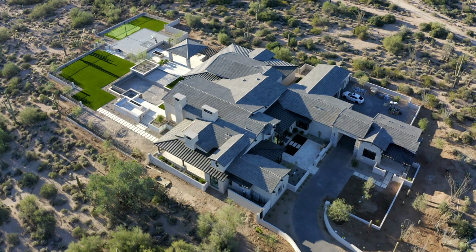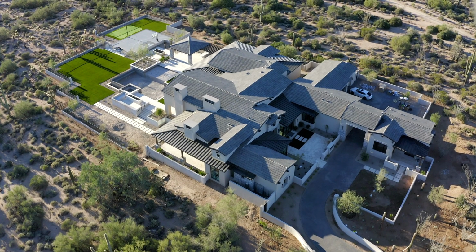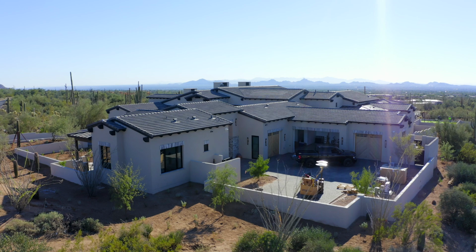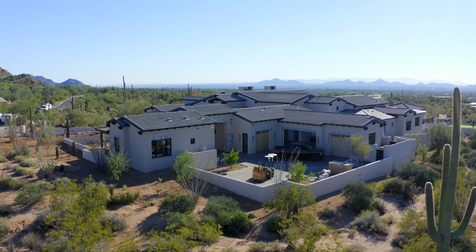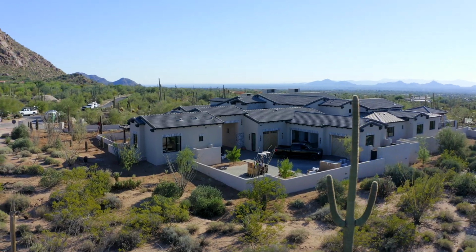So when the client purchased this lot, one of the things that really appealed to him was not only the views of downtown Scottsdale, city of Phoenix, you have amazing desert views. We have these beautiful saguaro cacti. These are state protected trees, and so we come through, we have a landscape architect and a specialized vendor we work with,